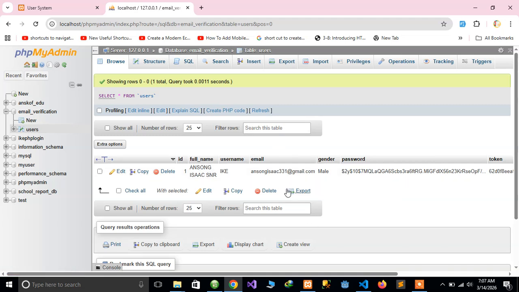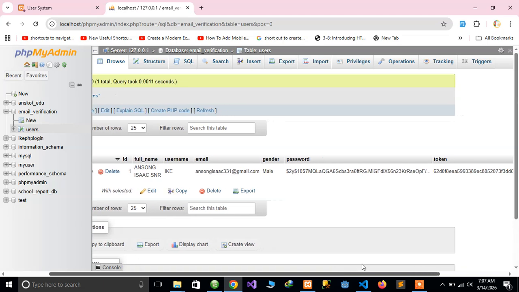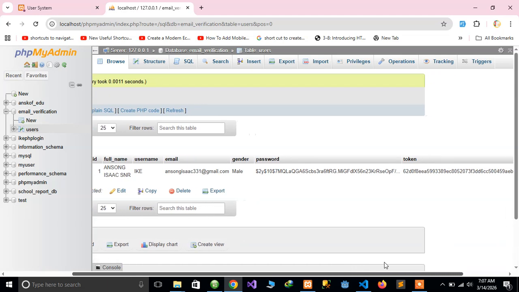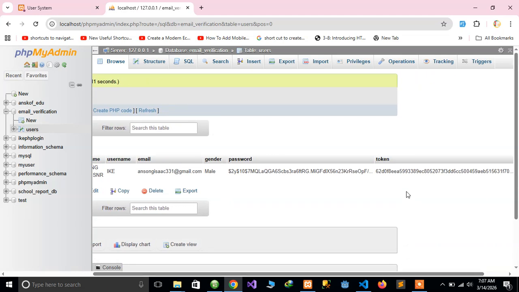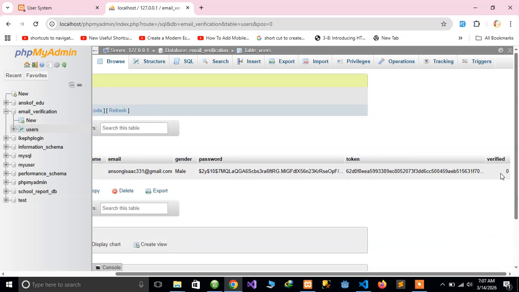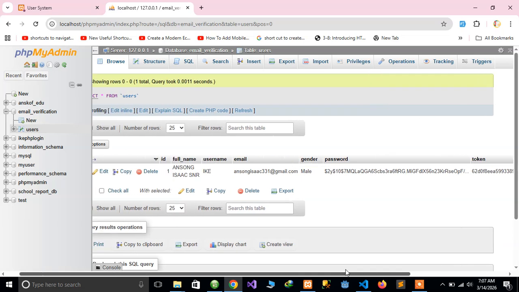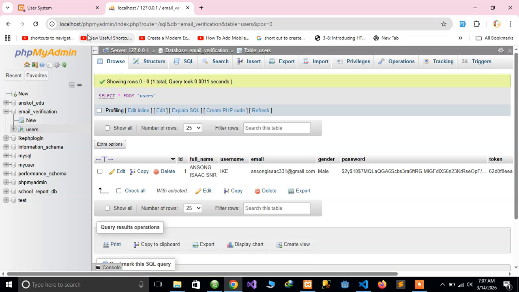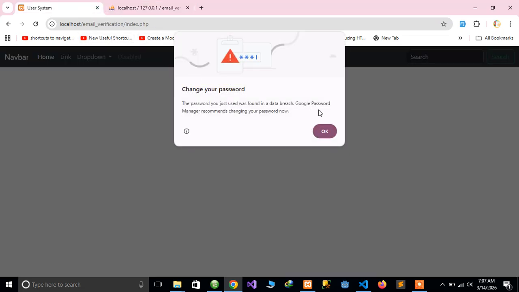So we have the username here, the name is here, the email is here. Then you see the password has been hashed. We put 12345, but we have more and more hash password there. The token has been created here for us. Okay, and then we also have our 0 here in the verified. And all these things, you will see them performed in the next video or the following videos. So we will end here. In the next video, we will populate the errors. Okay, as you can see,